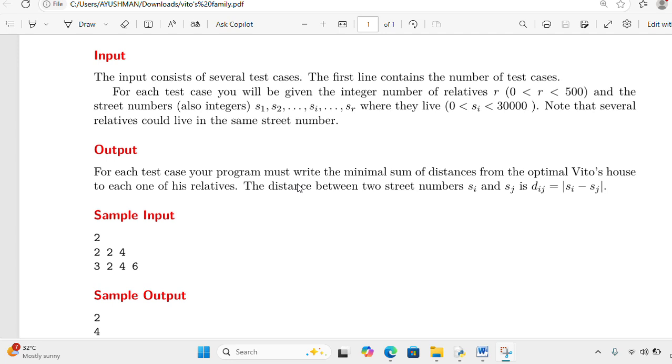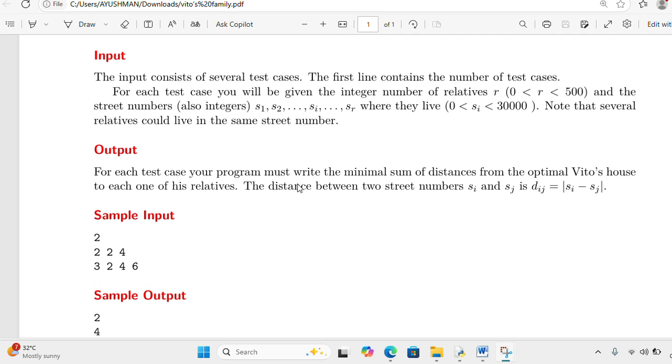The output format is that for each test case, our program must write the minimal sum of distances from Vito's house to each one of his relatives. The distance between two street numbers, Si and Sj, is Dij, which equals the absolute value of Si minus Sj. The sample input is given as